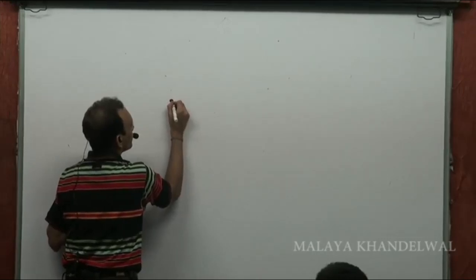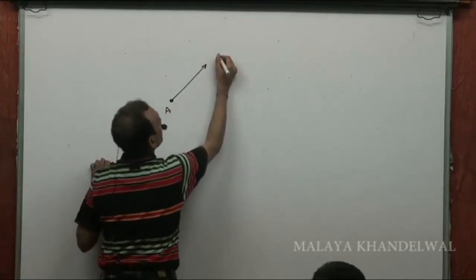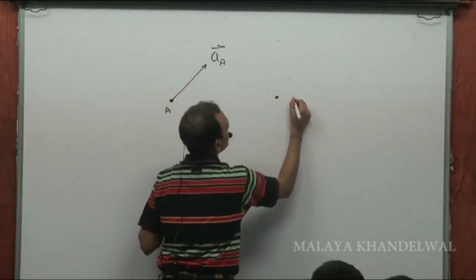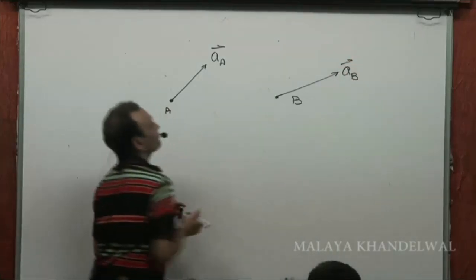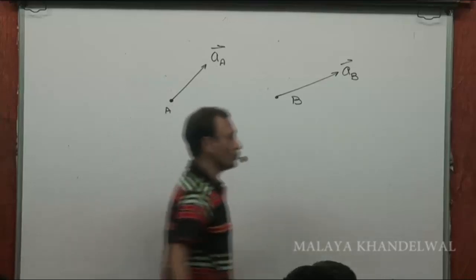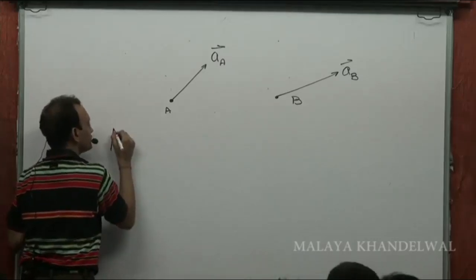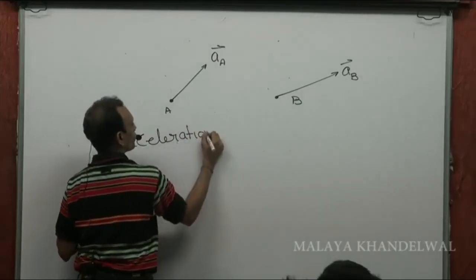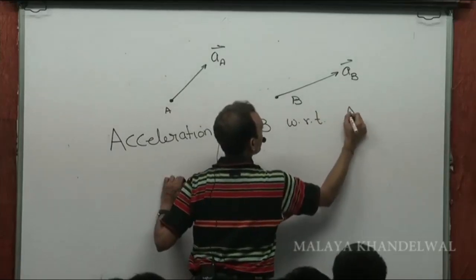similarly, if A had an acceleration aA, and B had an acceleration, say aB, as seen by some observer O. These are the accelerations of A and B as seen by an observer O. Then we define acceleration of B with respect to A as,